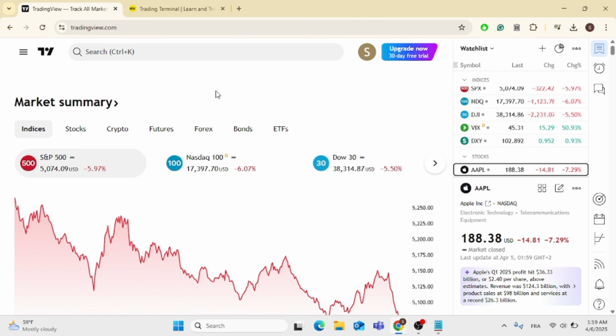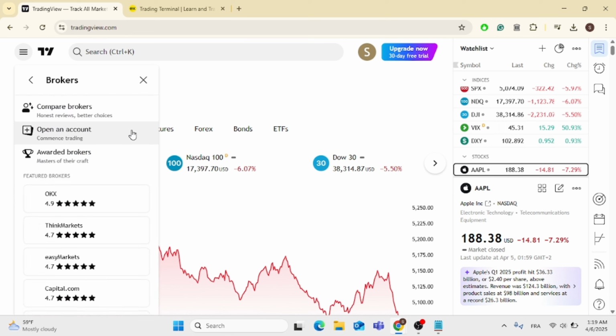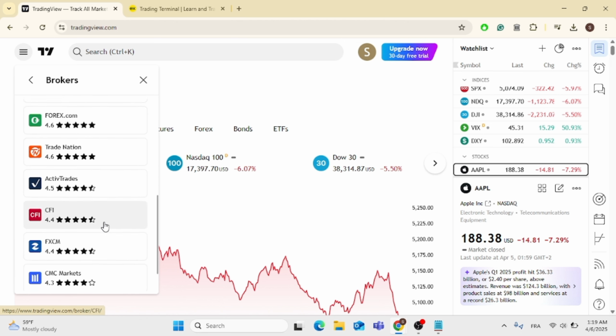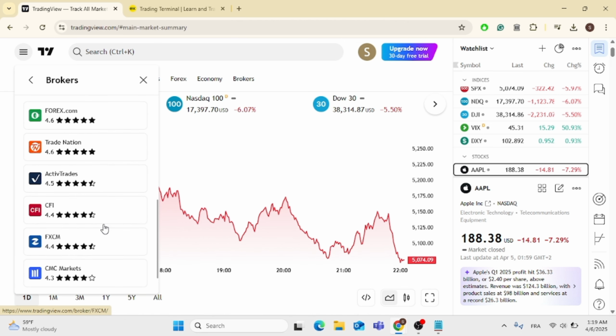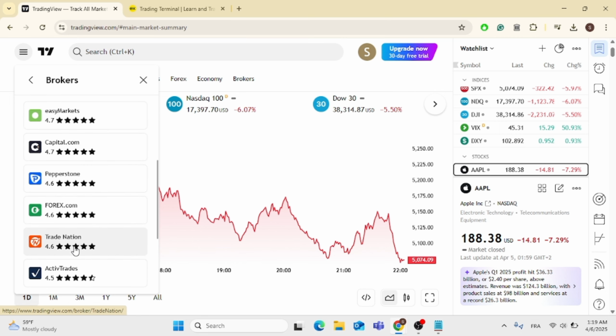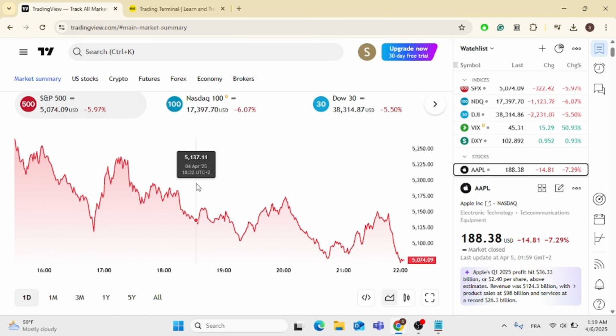Now just go ahead to the top left, click on this menu icon, then click on brokers. Now if you scroll down here, you will see the list of available brokers, and if you pay close attention, you will see that Exness is not available here because Exness is not supported by Tradingview as a broker,